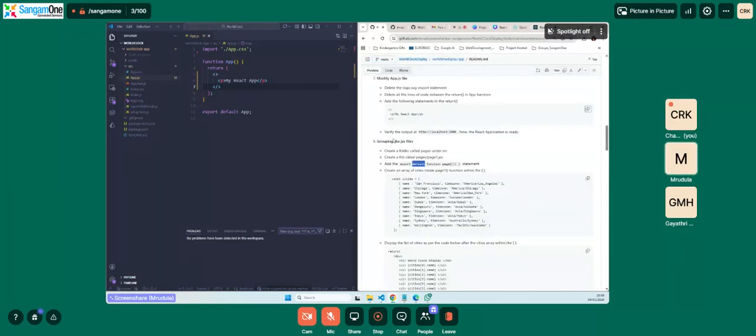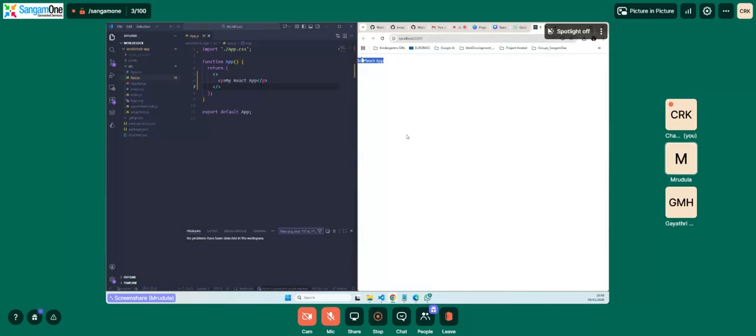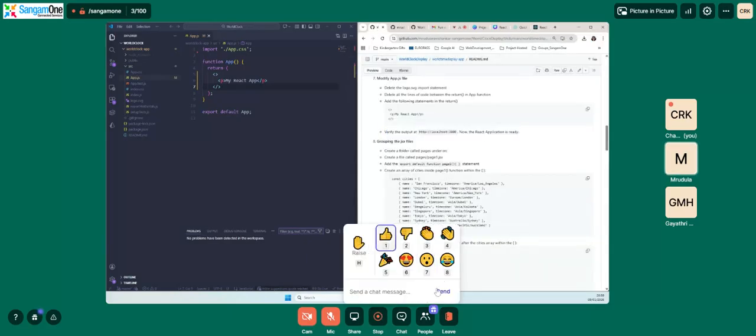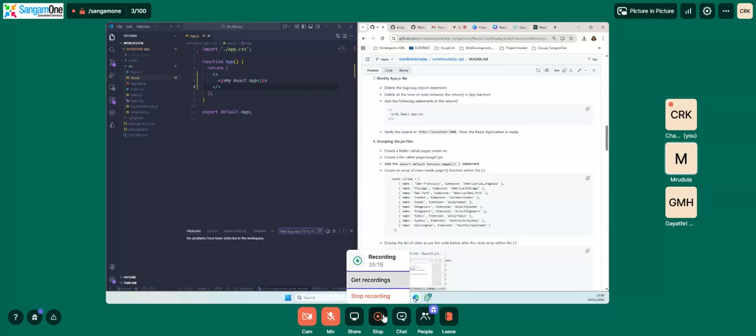Next step, verify the output. Now the React application is ready. See, we have our React application here. Correct? Next would be step 8, grouping the JSX files. Now, what do we need to do? Create a folder called pages under src. So under src, we say